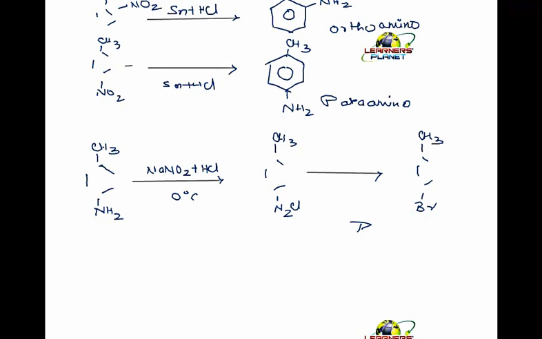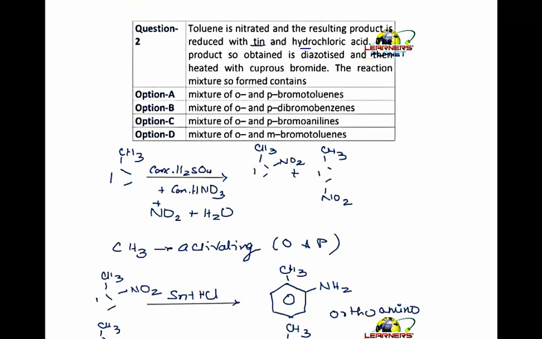So what is this? Para-bromotoluene. Right? And the other product would be orthobromotoluene. Fine? So, what is the answer to this question? It is para-bromotoluene and orthobromotoluene. Right? So, this was a simple question. It's just that there are too many steps in this. Okay, so the marking scheme here was +4, -1. Now let's take a